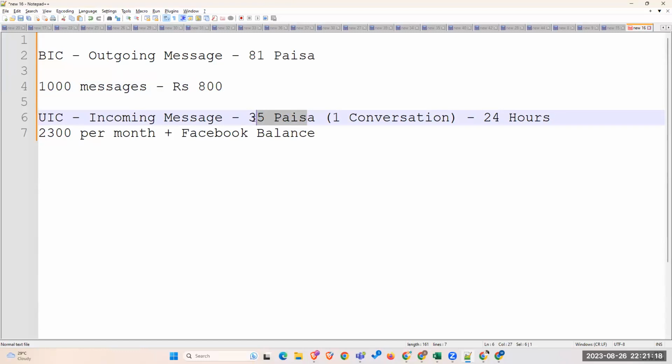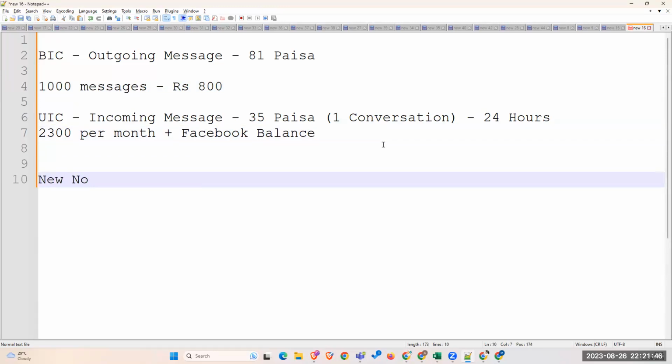Because when the customer sends you a message, you will be charged also, right? But this is okay. This 35 paisa you can actually take as a hit, because the people sending messages to you are going to be leads for you, right? But when you're sending an outbound message, it is very expensive for you. So for that, you can actually use Active Buzz and start pushing messages. Coming to the point, how many messages you can send? These are the charges of